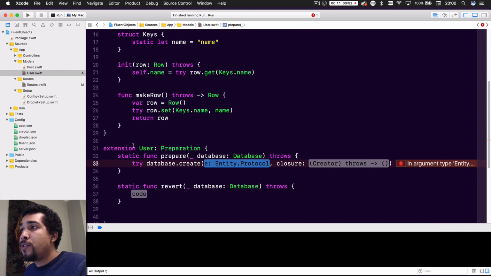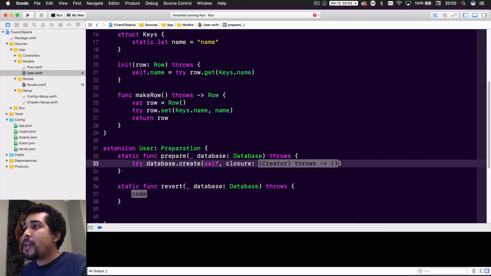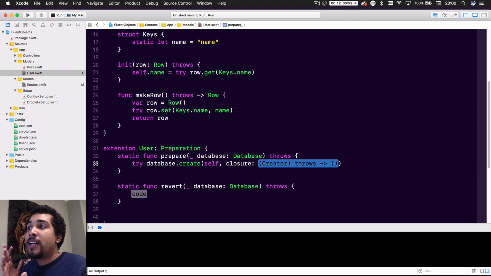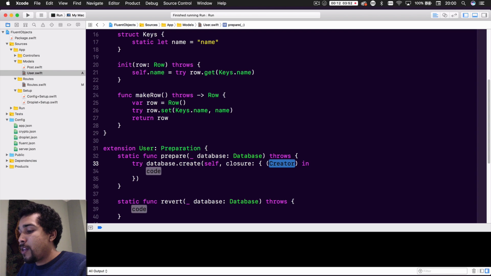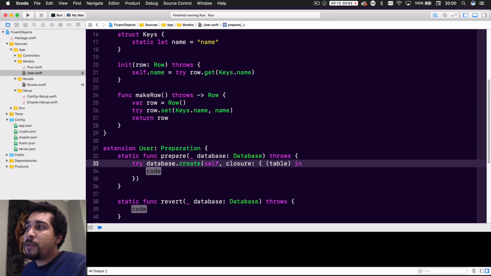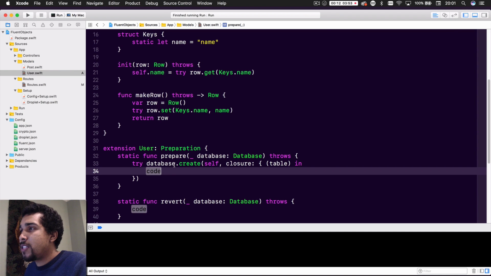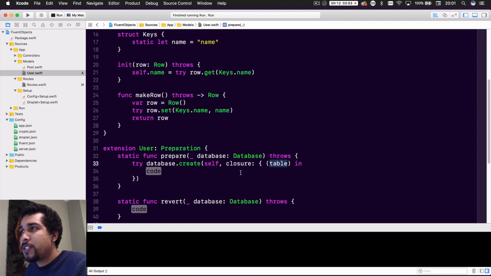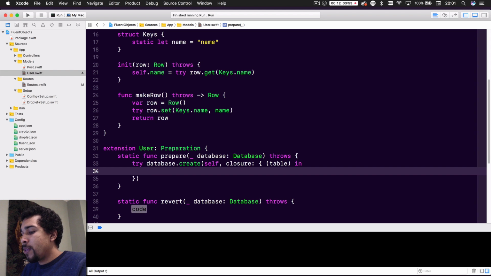So we want to create a user database, so we'll just pass in self, right? And then we want to set specific values for the rows and notify the database what type of value is going to be in each of those columns. So we do enter, and you can call this whatever you want. I've seen it be called builder. I also see it be called table, but I think this is a little bit more self-explanatory, so I'll keep it as table. And all we have to do is just say table.id,